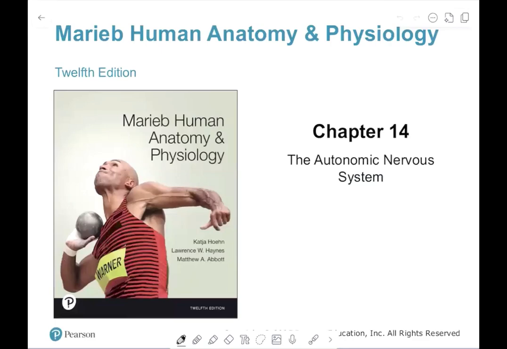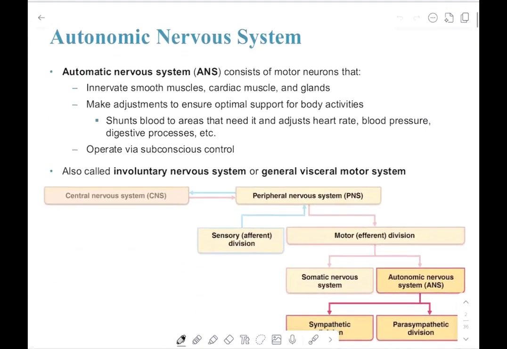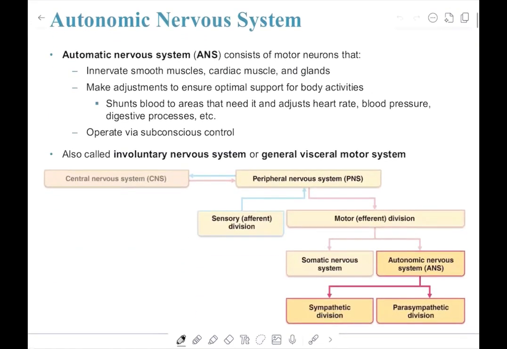Chapter 14 is on the autonomic nervous system. It's a very interesting part of the entire nervous system. So you've seen this diagram before, and we're going to look at only the autonomic nervous system section. So the autonomic nervous system essentially is going to be the highlighted boxes that you see in the lower right-hand